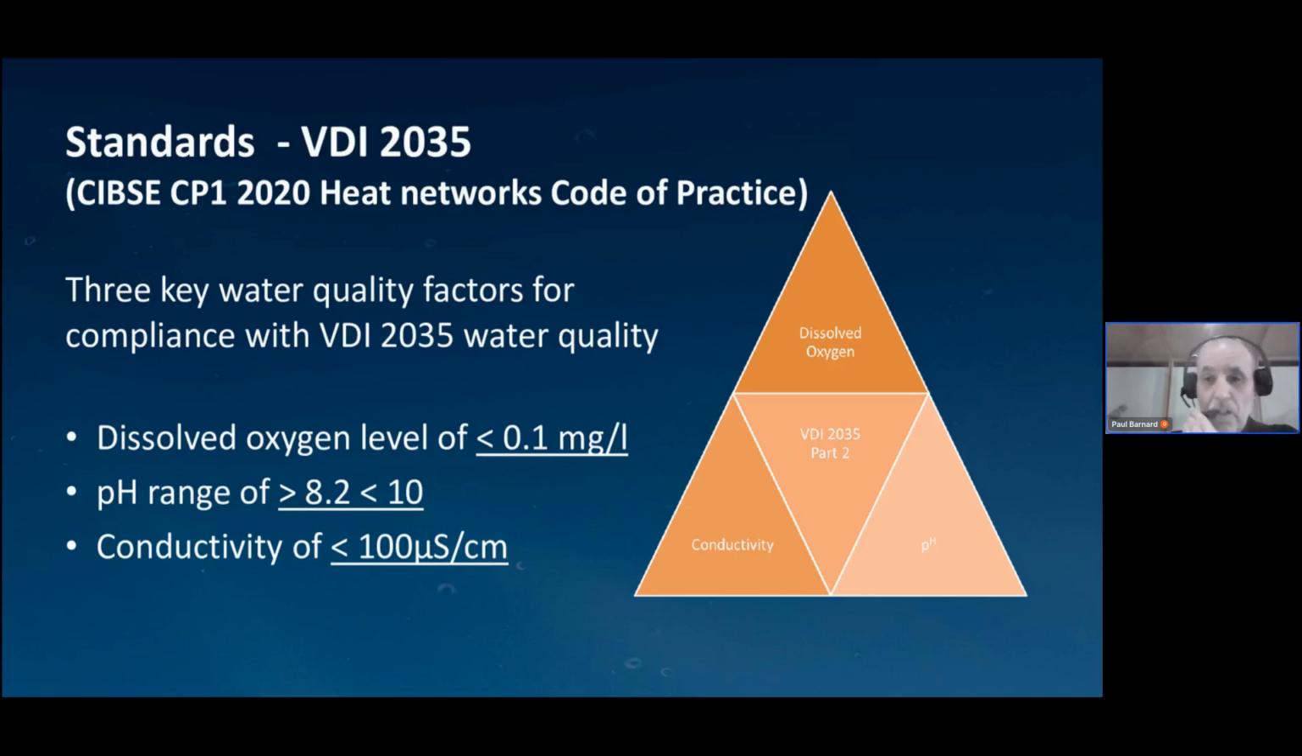So just a quick word about the standards driving chemical-free water treatment in heat networks. The VDI 2035 standard, if you're not familiar, is the German equivalent of CIBSE. Back in 2009, they did research into the causal elements of corrosion within closed-loop systems, and they found that if you control your dissolved oxygen, your pH and your conductivity to strict levels, you can move water into a non-corrosive state and remove the need for adding inhibitors, biocides and so forth to